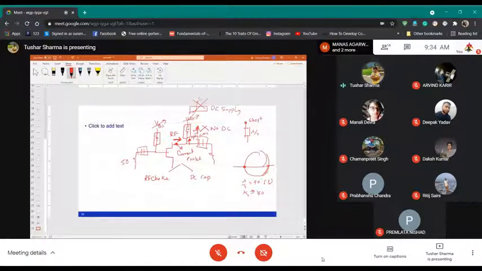On a Smith chart, lambda by 4 is this much, 0.25 lambda always. So if you are short here and you have a lambda by 4 line, this point will be open. So you can also use a transmission line for biasing your device.